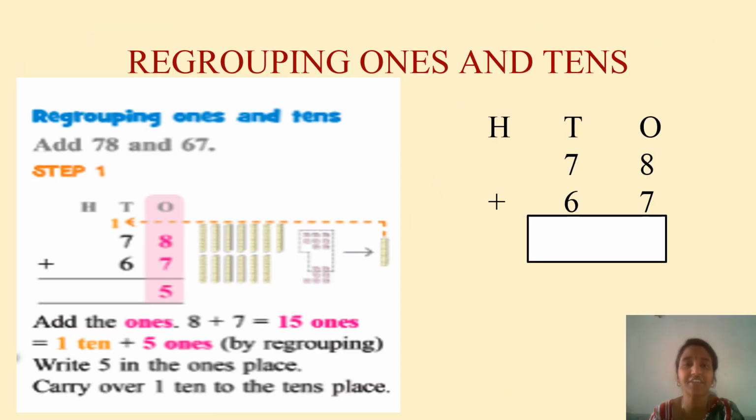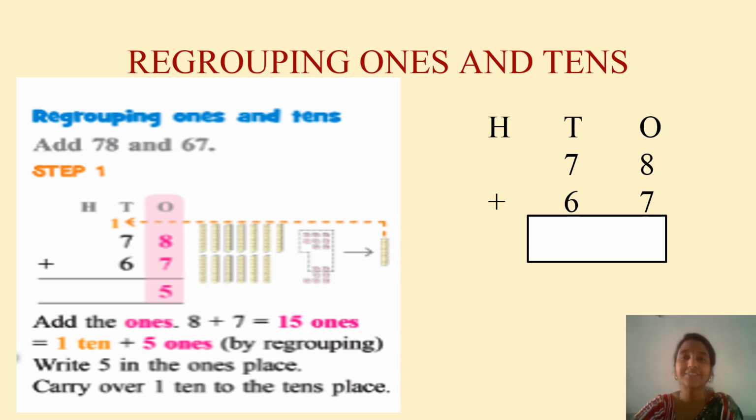In the previous session we learnt about regrouping ones. There, in regrouping ones, when the ones digit is more than 10, we added it to the tens digit, right? In this session we are learning regrouping of ones and tens. When adding ones we get more than 10, we add it to tens. Now if in tens we get more than 100, then we will add it to hundreds. Okay, now see the present sum.